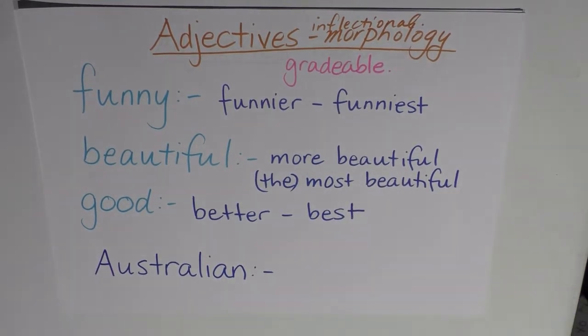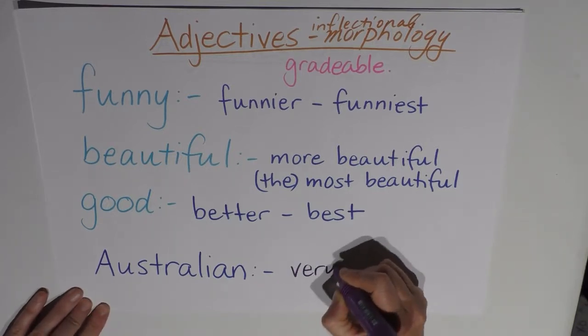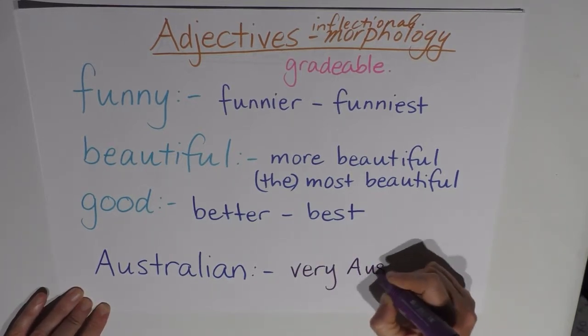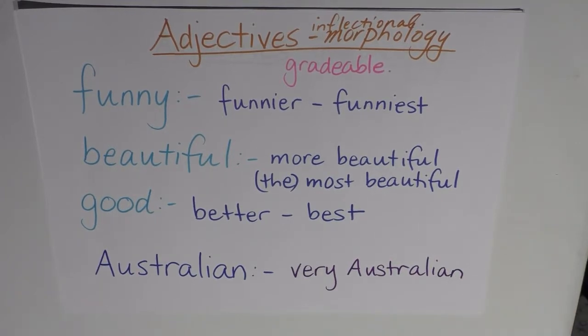And there are some adjectives that aren't really gradable, but we grade them anyway, like Australian and pregnant. He is Australian, or he is very Australian. She is pregnant, she is really pregnant now. So we can say that he is very Australian. It's non-standard, but we do it anyway. So we can turn non-gradable adjectives into gradable adjectives. So that's our morphological or inflectional morphology.